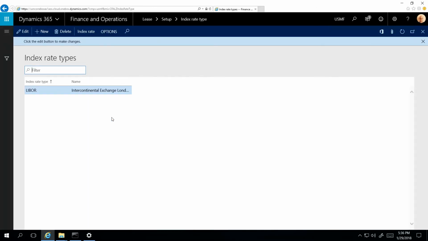In this form, we are able to add index rate types such as CPI, LIBOR, or other interest rates if leases in our portfolio have payments dependent on an index. Historical index data is stored in this form and should be updated to account for index rate changes. For more information on how our application can account for leases with payments dependent on an index rate, please view our other demonstration videos. I will now enter an index rate type of CPI